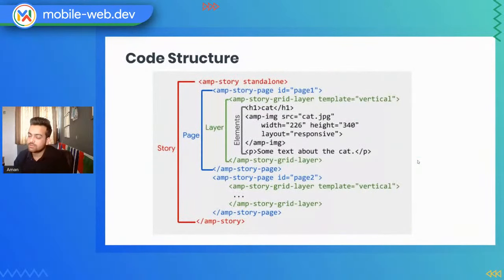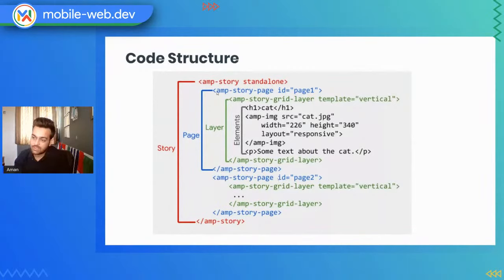This is how the code structure looks. So imagine this is the inside of the body of your HTML code. You have to declare amp-story with an attribute named standalone as the main component, and then you have to create individual pages. You can insert multiple page tags, and by this page tag AMP story understands that this is the next step, where it has to go to the next screen.